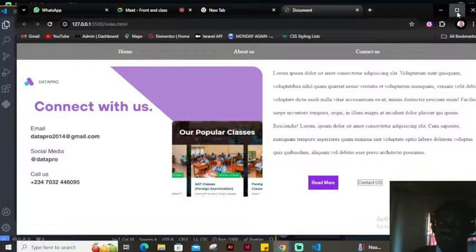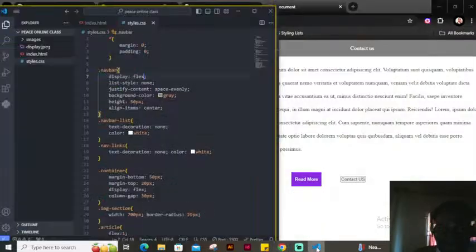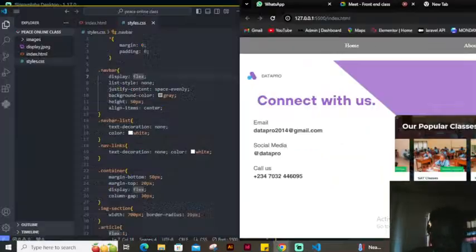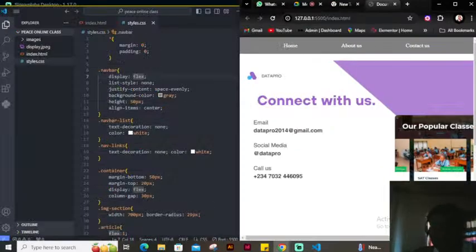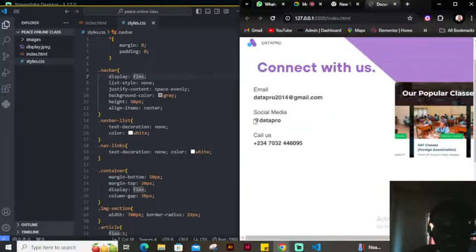So nothing changed, but what we have succeeded in doing now is inverting the internal and external styling, which is the normal styling of your browser and your file. Now having done with this, the next thing I want us to look at is